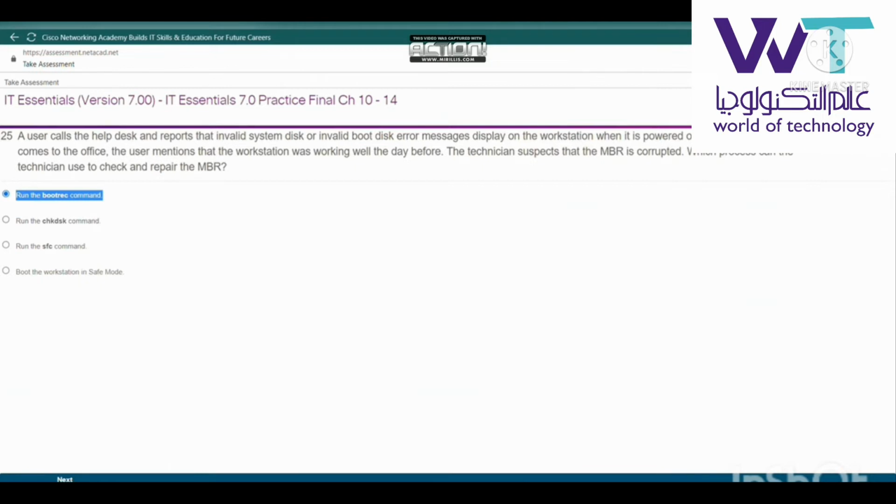When a technician comes to the office, the user mentioned that the workstation was working well the day before. The technician suspects that the MBR is corrupted. Which process can the technician use to check and repair the MBR? Run the bootrec command. السؤال اللي بعده رقم 26: